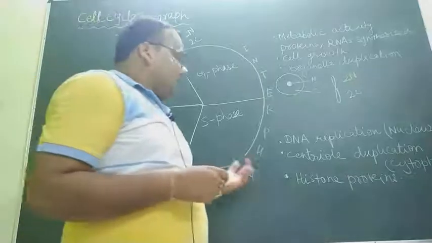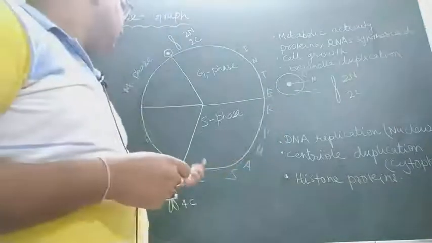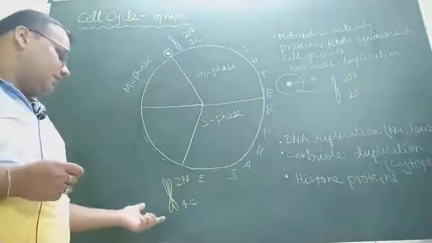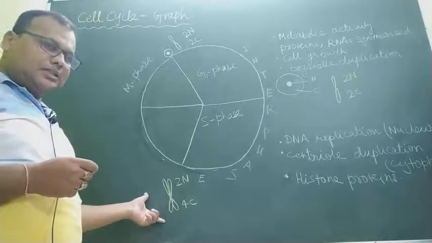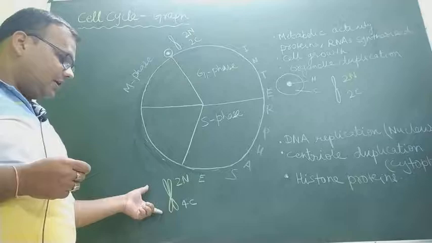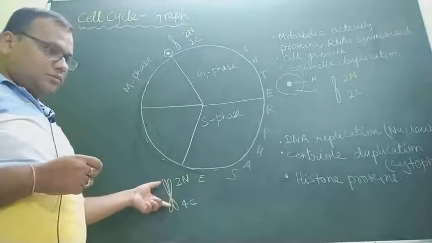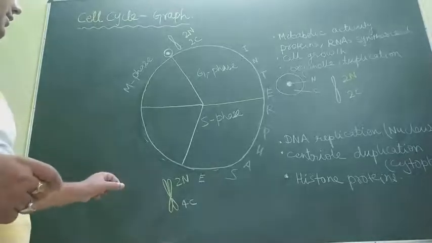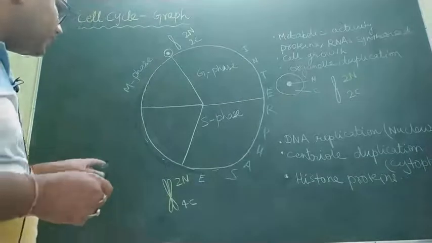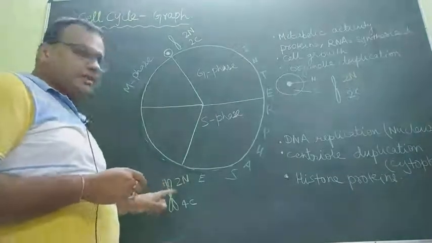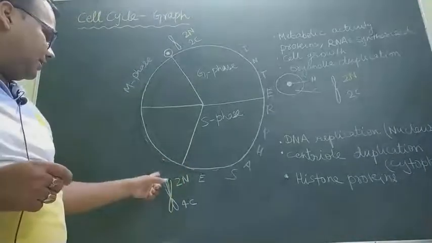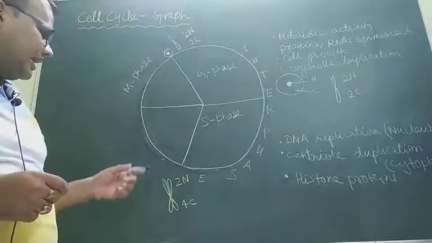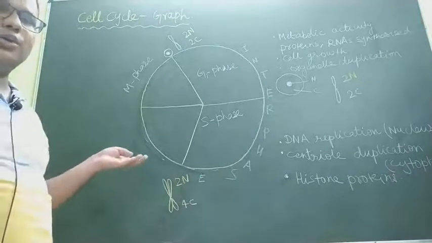So this is the feature of S phase or synthesis phase. After completion of synthesis phase, its chromosome number remains the same, but the amount of DNA on a particular chromosome becomes double. And what happens in division is that after division, the daughter cells that are formed must get an equal division of these chromosomes, and that should be equally divided into two daughter cells.